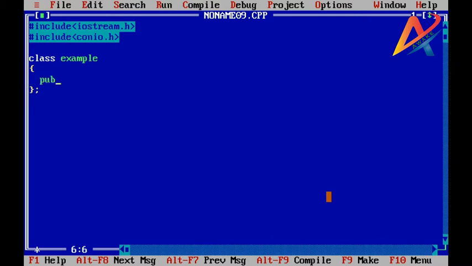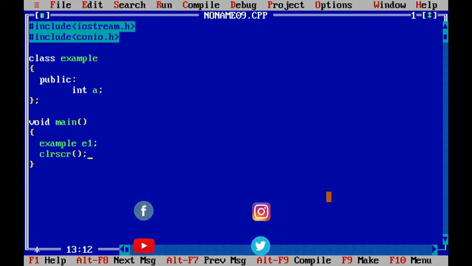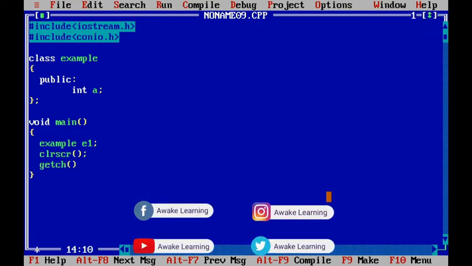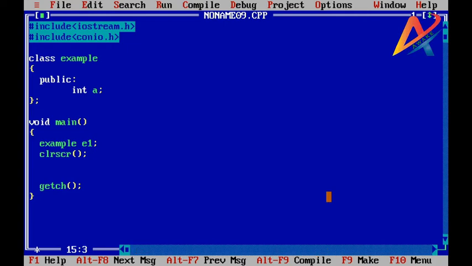Into the class we have one member variable integer a as public. In the main function, object of example class e1, clear screen and getch.